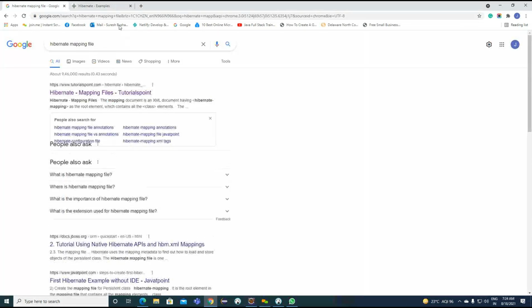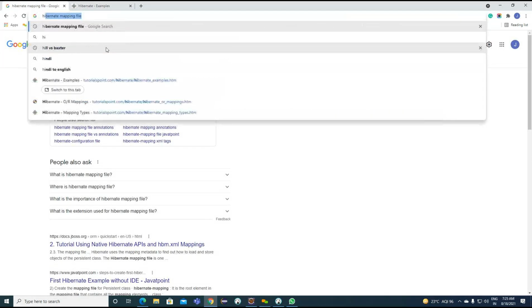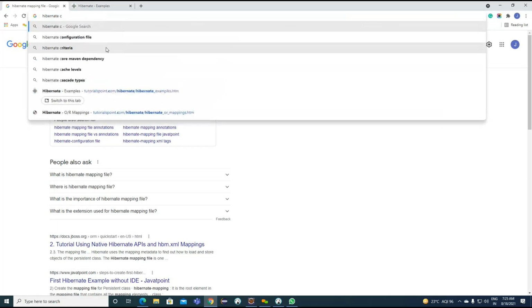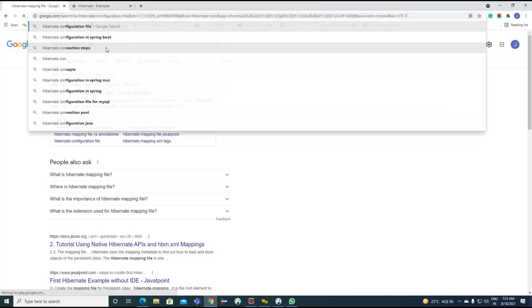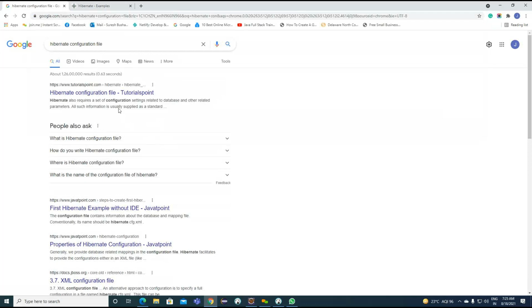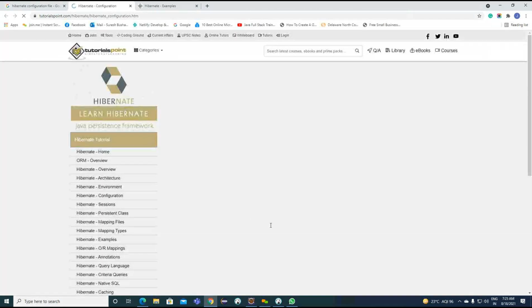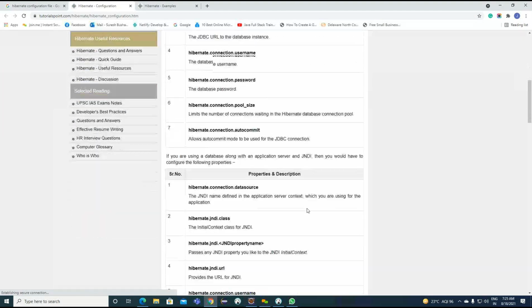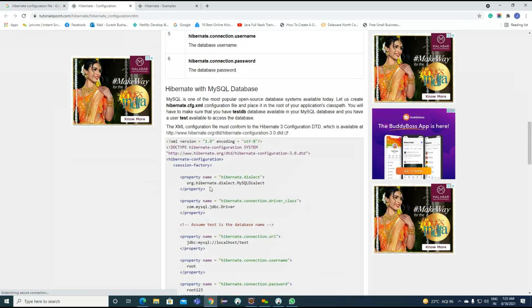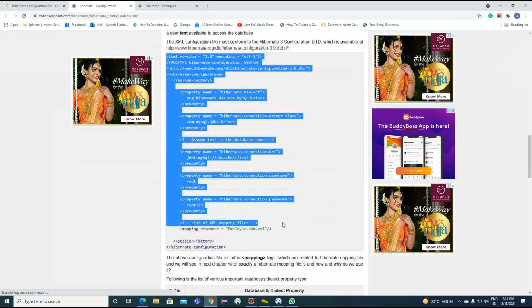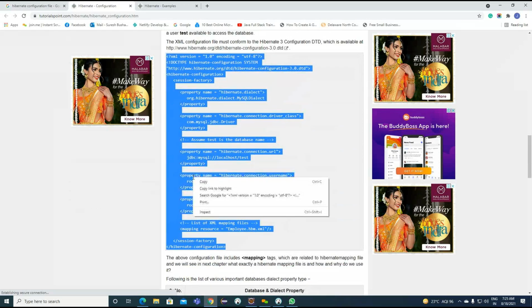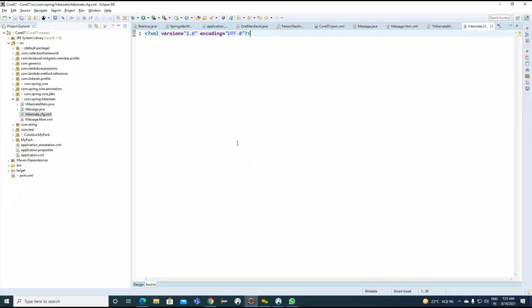Okay, so we'll find out the configuration. This particular file we need to copy here. So why do we need to copy this particular file here? Because if you observe